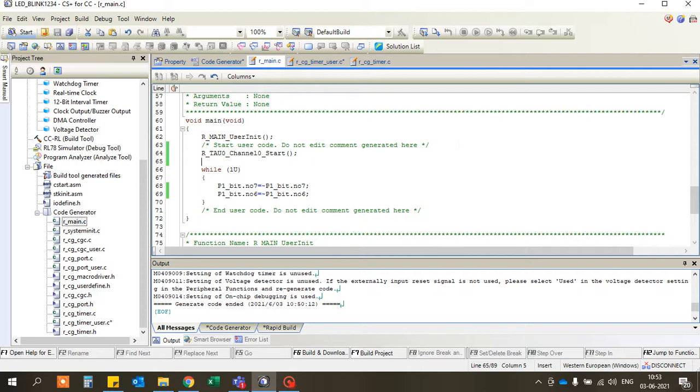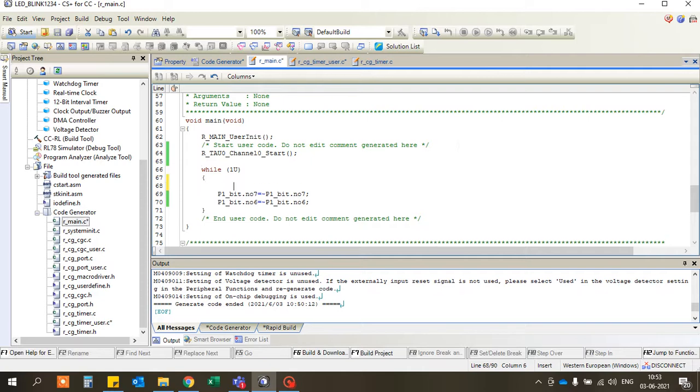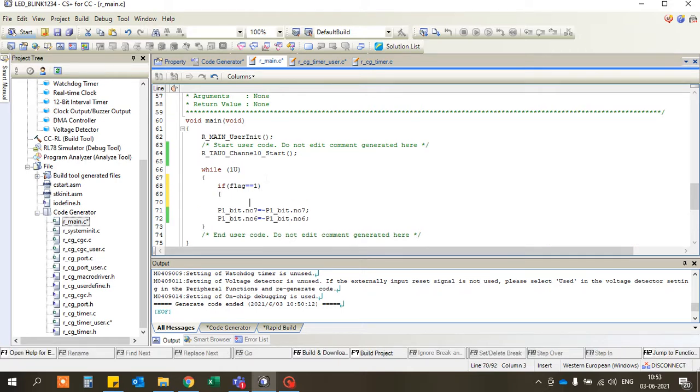Now your timer is started. Now I have to toggle that pin, so I write: flag every 500 milliseconds is equal to 1. When the time is 500 milliseconds, these pins are toggled, then again I make the flag 0. Okay, this is your application.